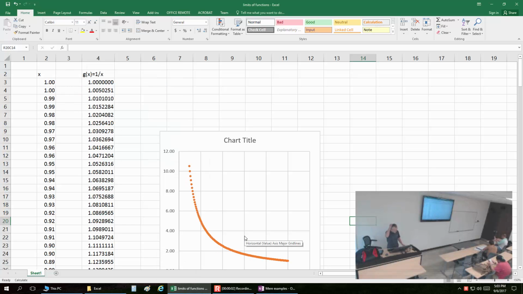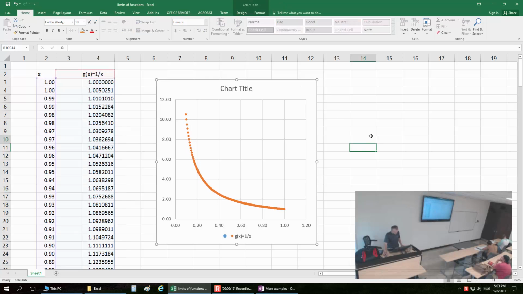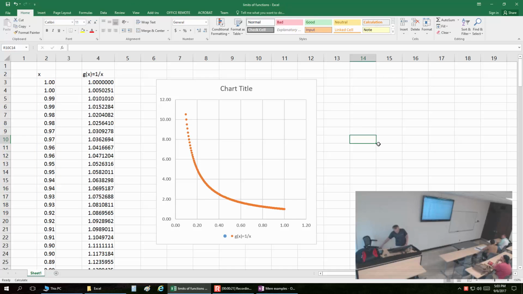Okay, let's get started. So this is the illustration, or if you prefer, simulation for what we did last time. This is just the beginning, so we need to do some more work here. This is just the function 1 over x, the reciprocal, and we just want to learn how to use sequences in order to